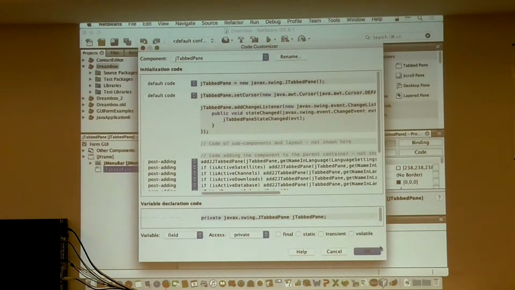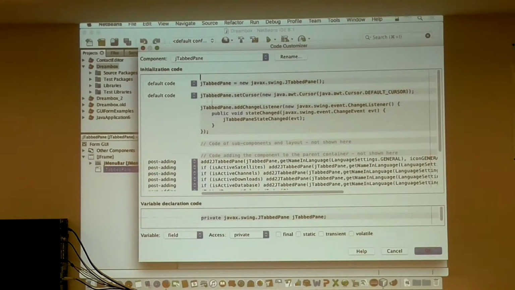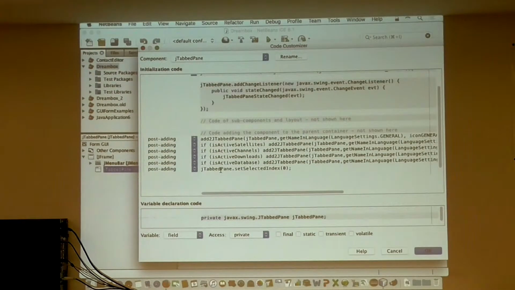This is my own code. Okay, when this is marked in gray, it means that this code was created automatically by NetBeans. But I edit because I don't want to see this,